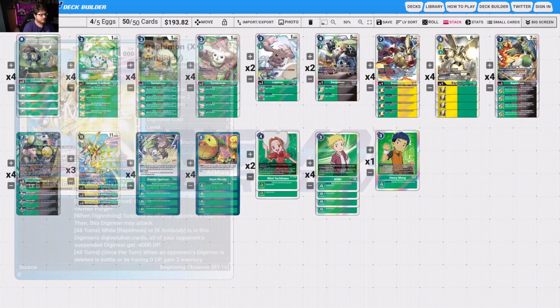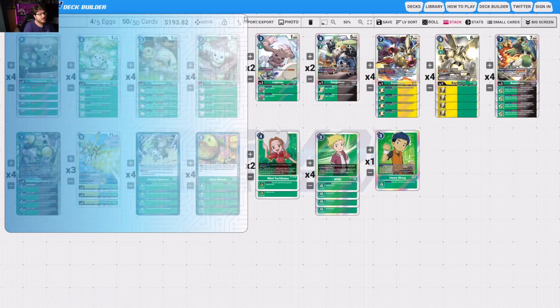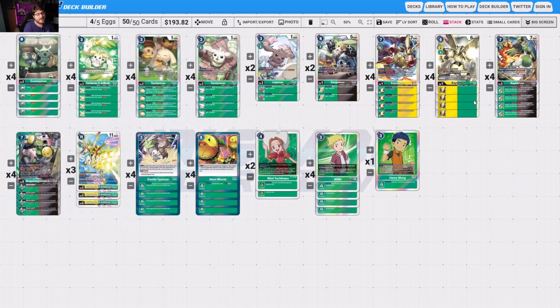You know, we also have Rapidmon X Antibody, this card we talked about earlier in the yellow list. Suspending all your opponent's Digimon, then this Digimon may attack. While you have Rapid or X Antibody Digi-Evolutions, all your opponent's suspended Digimon get minus 4000 DP. All turns when an opponent's Digimon is deleted in battle or by having 0 DP, gain 2 memory. The minusing DP shenanigans from your Appas will add up, especially if you get into Rapidmon X Antibody,